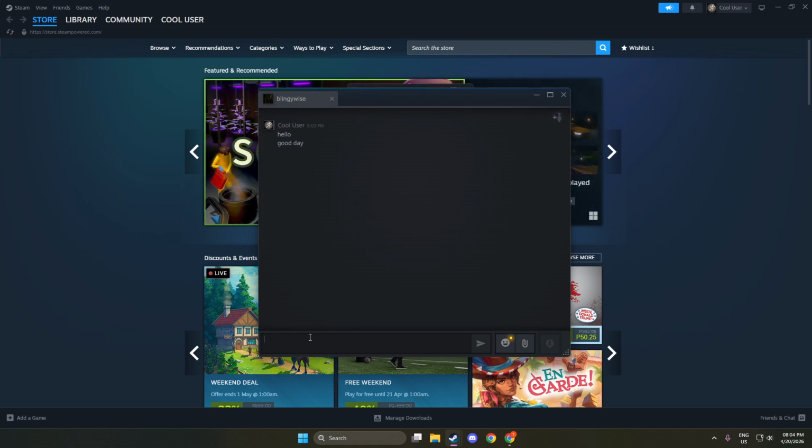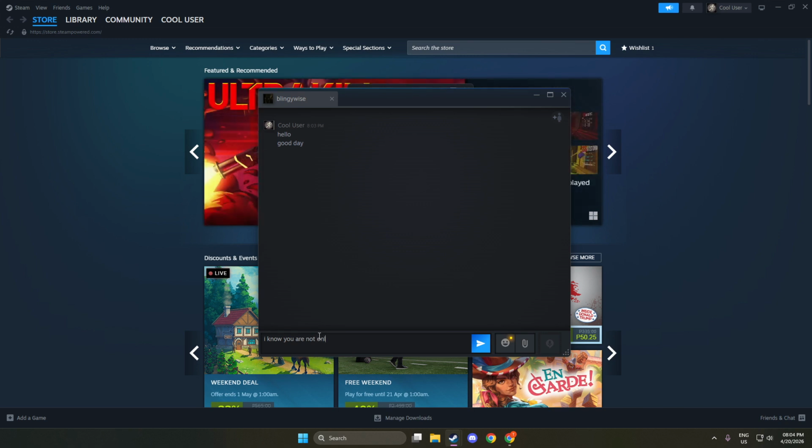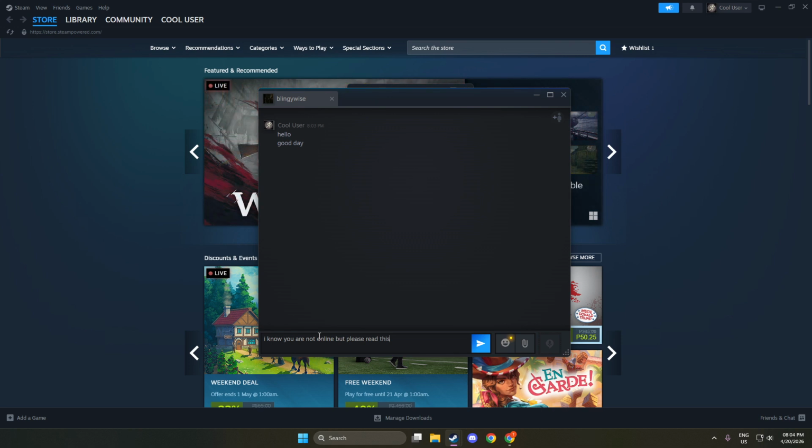Now type your message in the text field at the bottom of that chat box, then press enter to send it. Your message will appear in the conversation history, and if your friend is online, you may see a typing indicator or a quick reply come in. Keep an eye on connection icons or brief prompts at the top of the window that confirm when messages are delivered, especially if your network is busy. If you're multitasking, the chat window can stay open alongside your library so you can keep the conversation going while you browse games. That's all there is to it.